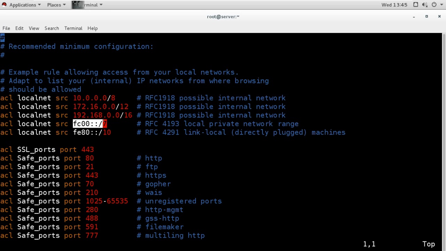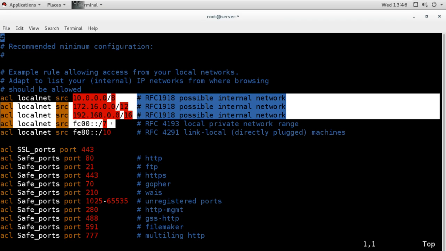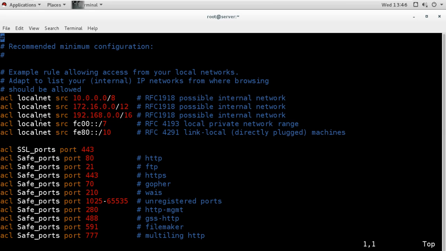In IPv6, this is defined as a private IP, and this is the link-local IP, also a private IP in IPv6. So all these networks are defined as private IPs in this ACL, and the name of the ACL is localnet.